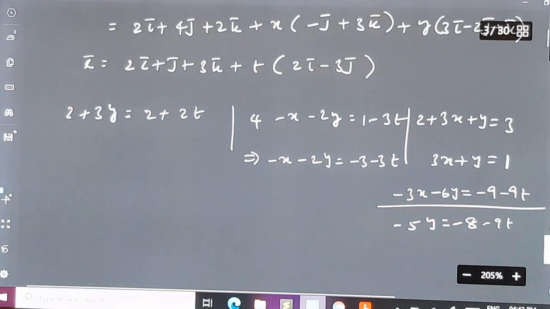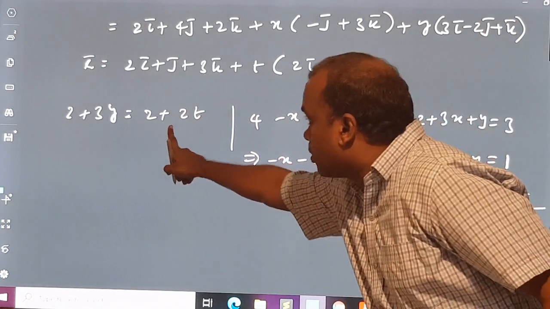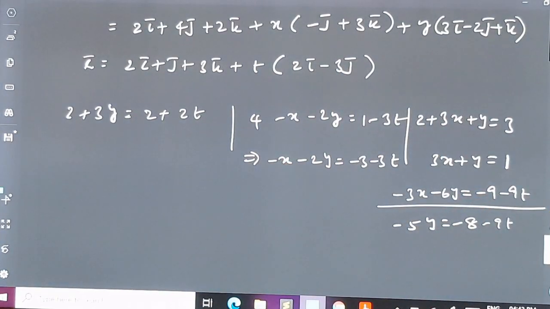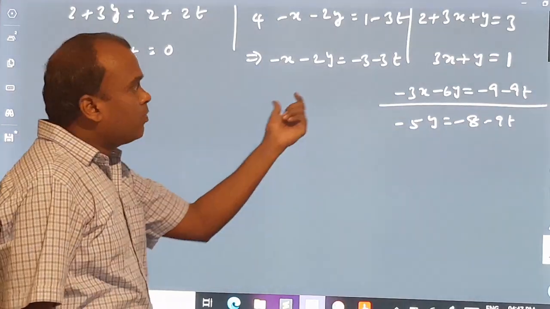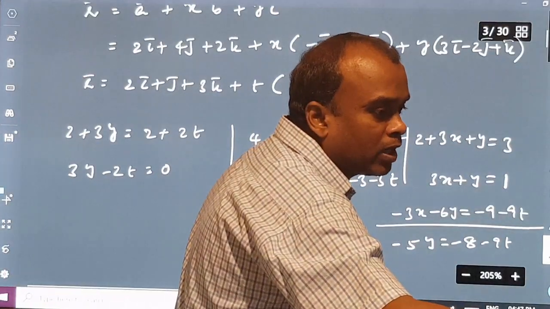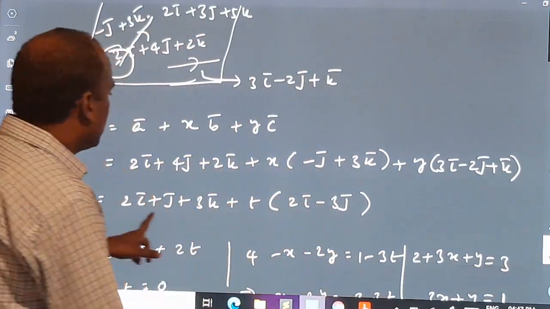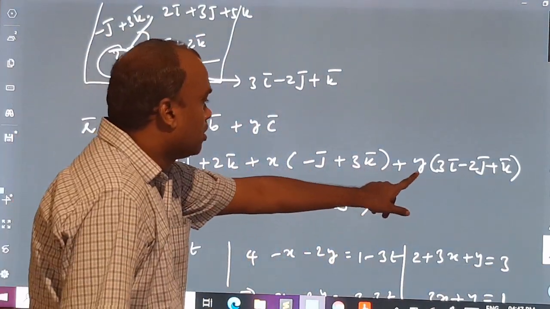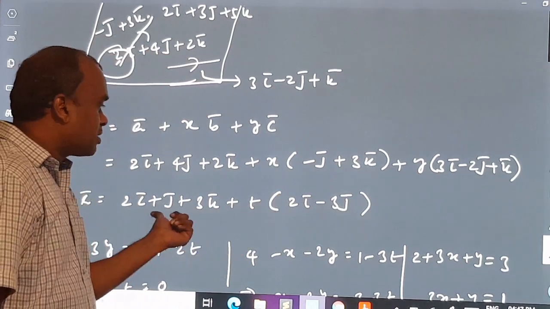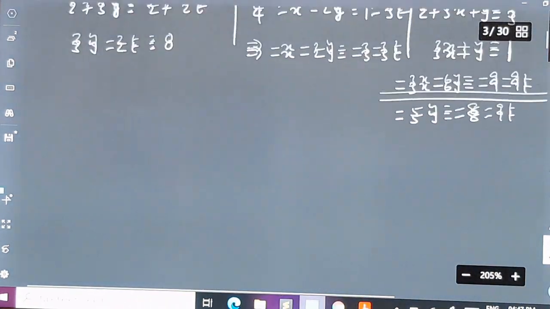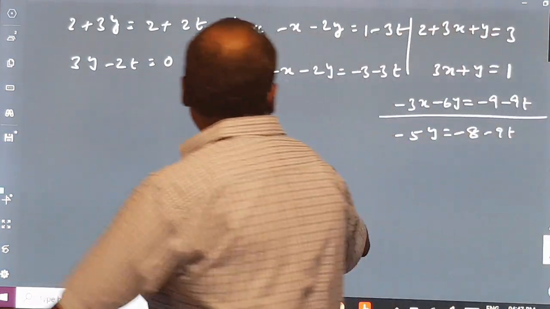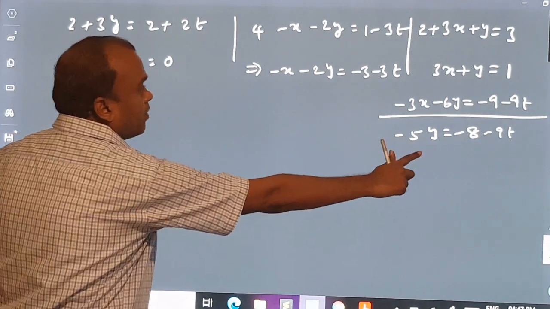Okay, so rewriting this equation over here, I have 3y minus 2t is equal to 0. So observe that x and y are there. In one case, while finding the point of intersection, you have x and y. You need both the values. Our t value is enough. So I am going for just t value there. So I eliminate y from these two equations so that I can find t value.